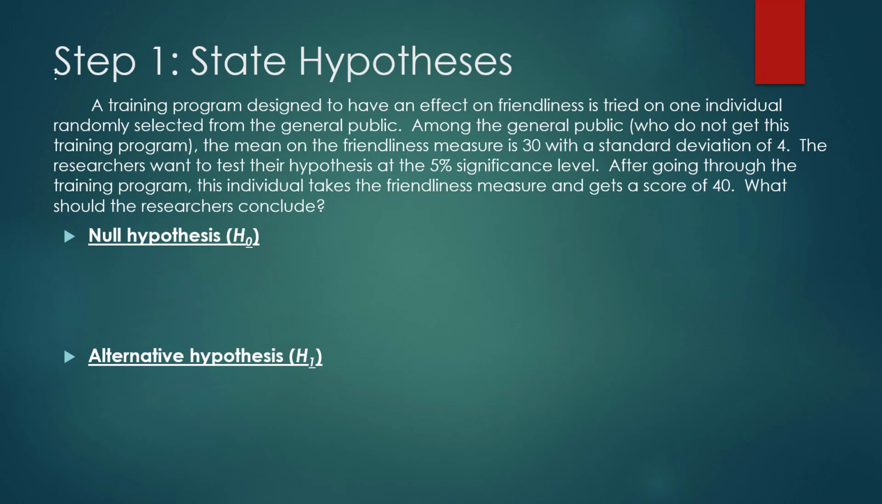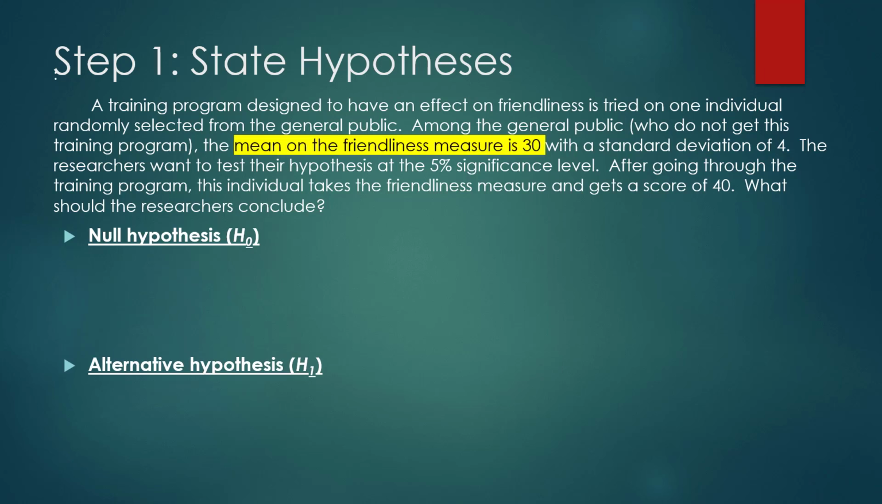So now we want to state the hypotheses for our example here. So we said that for our null hypothesis, or H sub 0, our population mean was 30. So now, what does that mean for our null hypothesis? We've highlighted here the important information that the mean on the friendliness measure is 30. So our population mean